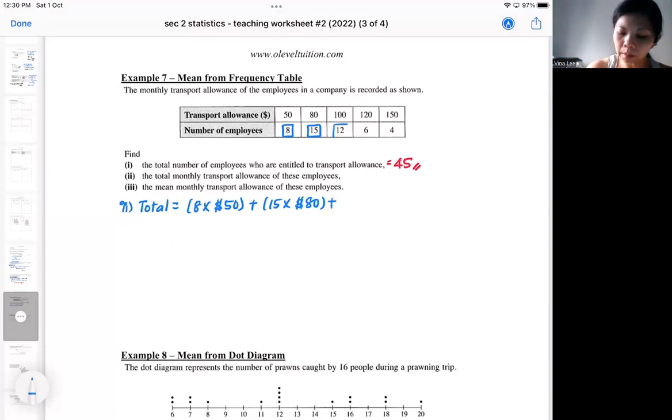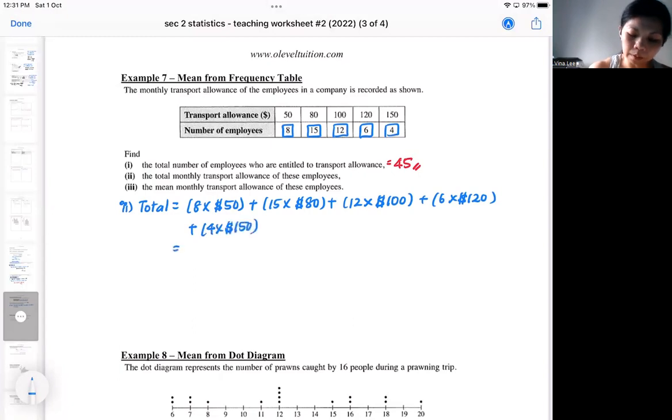Okay, and then the 12 employees, each of them got 100 each. So this is how you calculate. If you interpret correctly, you will understand how to calculate the total allowance. So I got 6 of them getting 120 each. So then 4 of them will get 150. So do the interpretation. If you use your sense of thinking with some interpretation, you will understand why we are